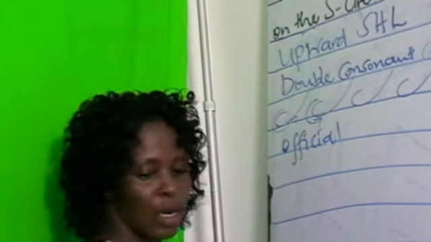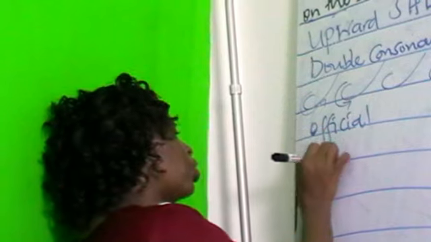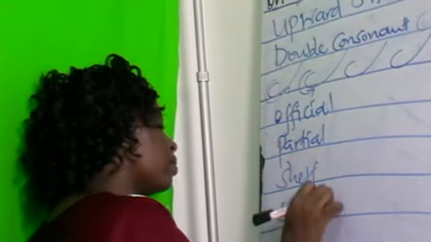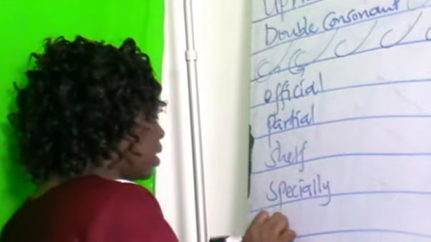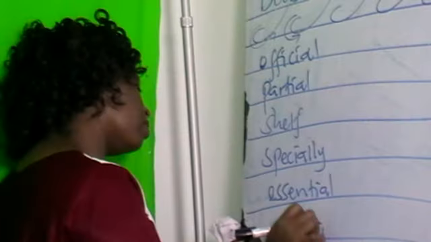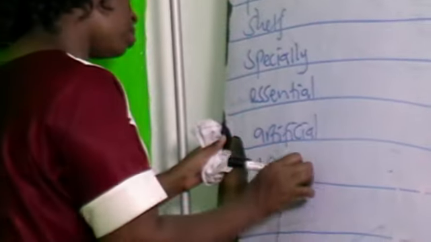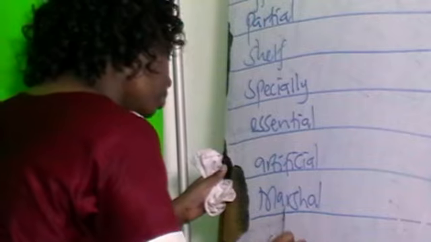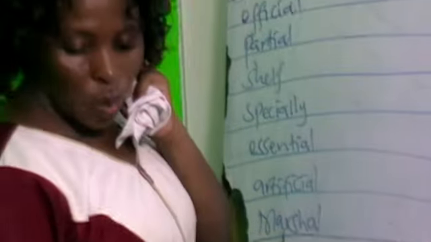We have official, we have the word partial, we have the word shelf, we have the word specially, we have the word essential, we have the word artificial, martial, and we have the word ratio. This is how we drill the word